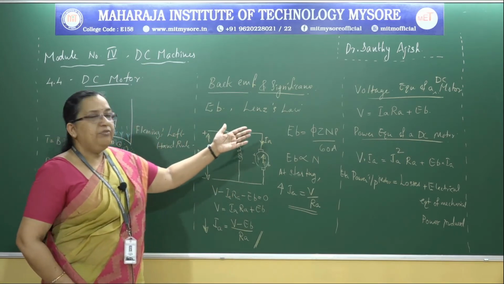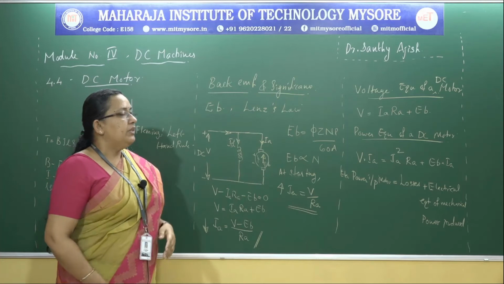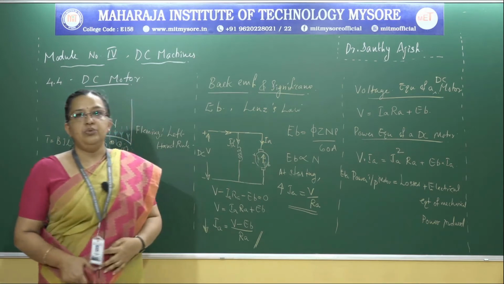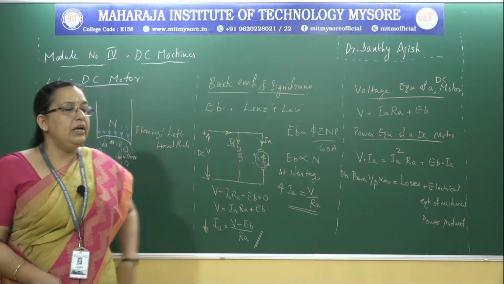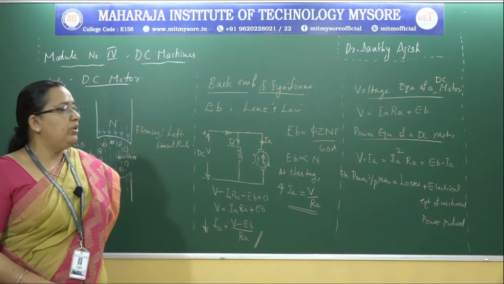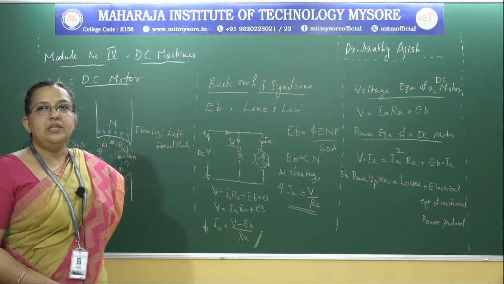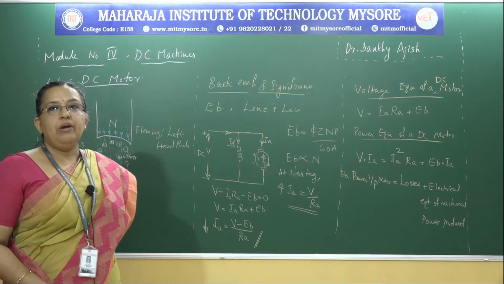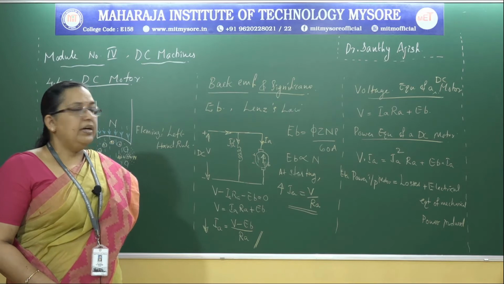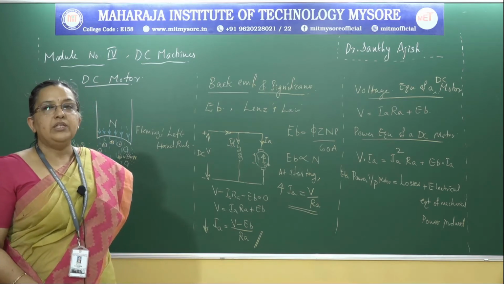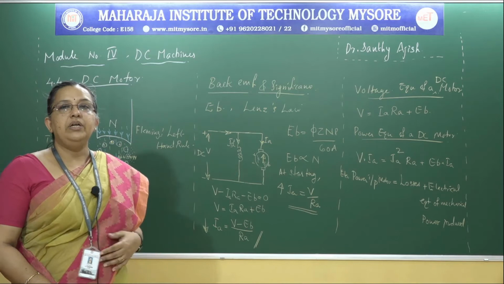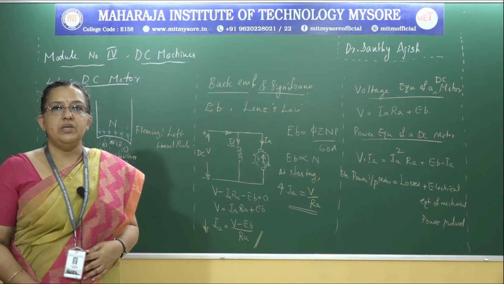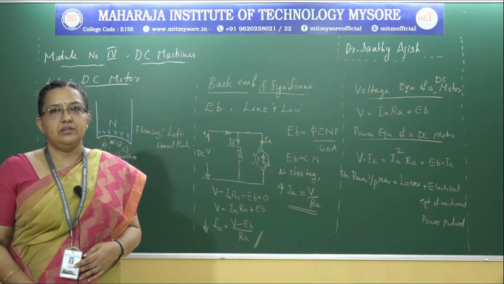So we have seen the voltage equation. Then from the voltage equation we have derived the power equation. In the power equation we have the different terms. V into Ia is nothing but the electrical power input to the motor. Ia squared Ra is the heating losses which happen in a motor, the electrical equivalent of that, and we have Eb into Ia, which is the electrical equivalent of the mechanical power developed by the armature or the motor. So with these topics we finish this particular class.